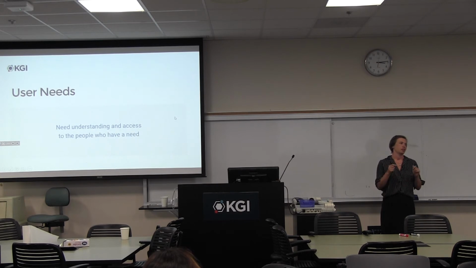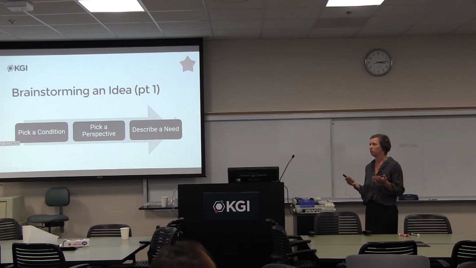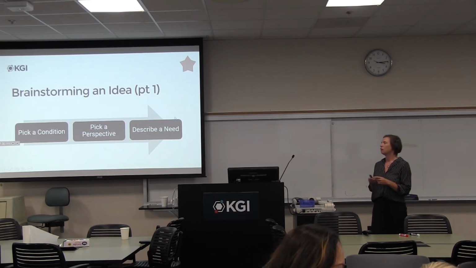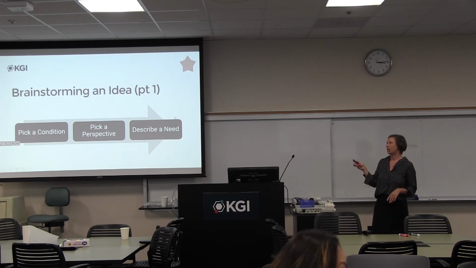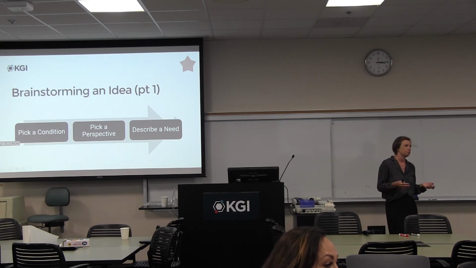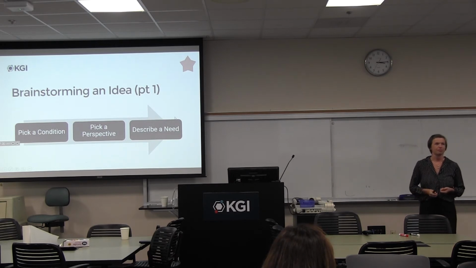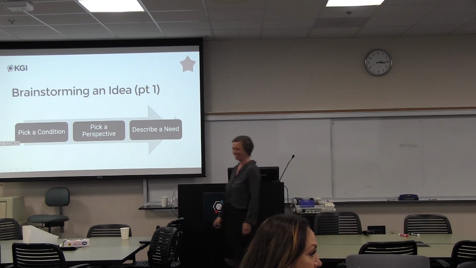So, start with user needs. You have to start with an actual need to help somebody before designing something. So, we're going to do an activity. In each of your teams, you pick a condition that you know something about. It could be mental health, it could be cardiovascular, it could be diabetes, whatever you want. Pick a perspective, that could be the patient, the parents, the doctor, the insurance company, and then describe a need. You don't need to think of every problem this person encounters, but one issue that is difficult in their life because of that condition. You have 3 minutes. I'm cutting down to 10.